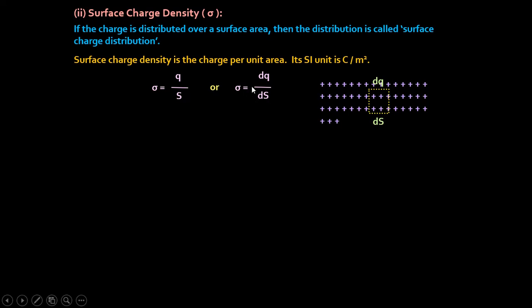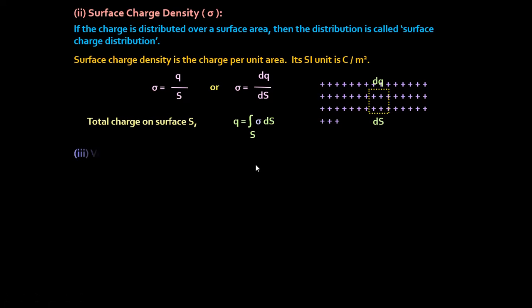So dq is the charge expressed in terms of density and area. This is the density for this small section ds. If this area is infinite, then you have to add this dq infinite number of times. For that reason we have to take the integration tool over the entire surface. Here you have to write dq in terms of density and area, so dq equal to sigma into ds. This integration of sigma into ds gives the total charge. Then sigma can be written as q by s, where q is the total charge.